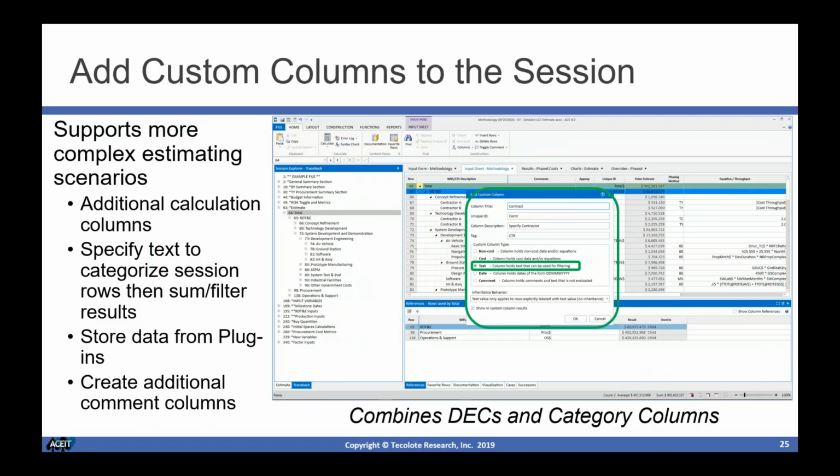In the past, we've had what were called dynamic equation columns, and we had category columns. Those were two separate types of columns that you could add to the session. We've combined them now into what's called custom columns. This is one of the areas where, when we went back and relooked at how things had evolved in the software over years, it actually made sense to only really have one set of custom columns that could be added